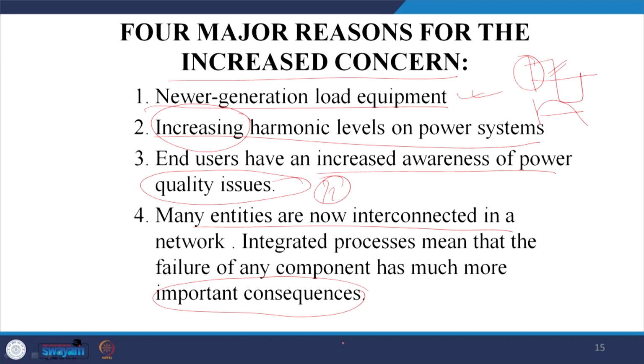So, for this reason we have different entities that are linked together. It is not only that the consumers do not get power, but the solar company also fails to sell their power. They say, look, I have an energy commitment of this much, I failed to deliver because of you, and they can take legal action. So, this is quite complex nowadays.